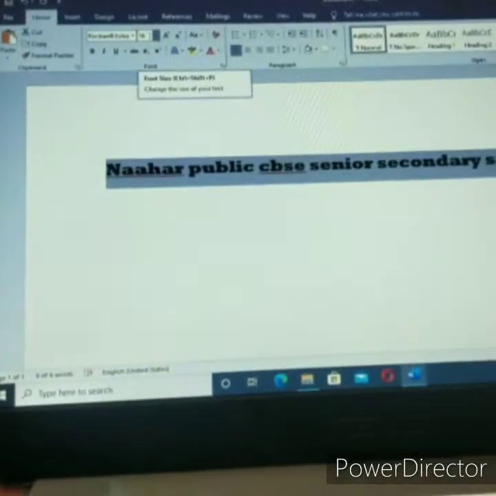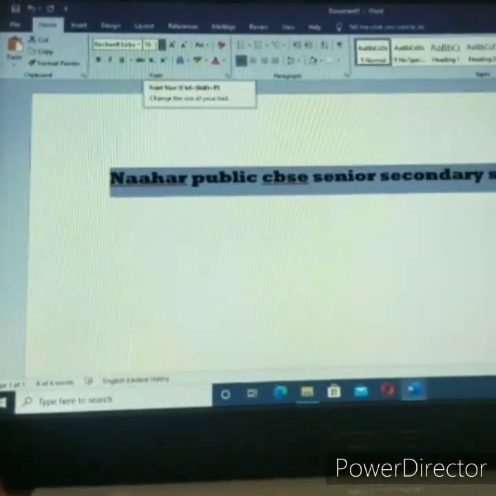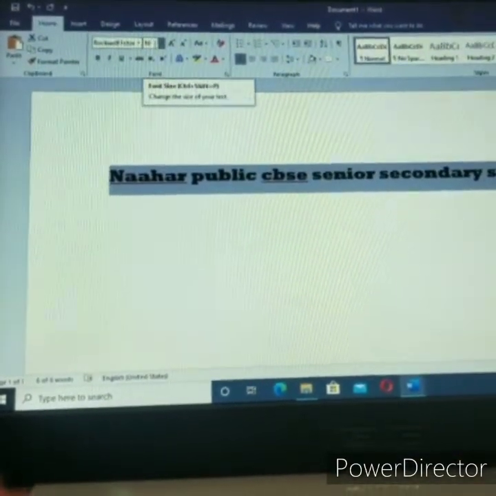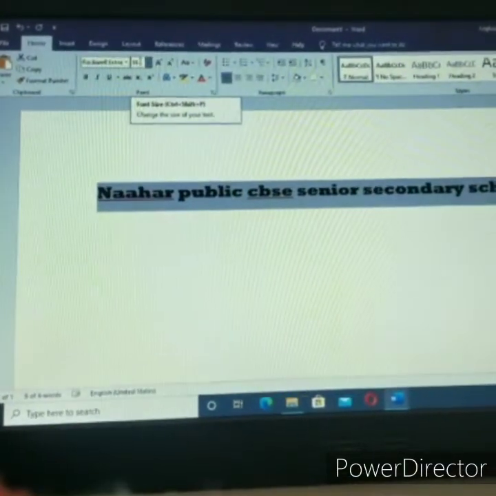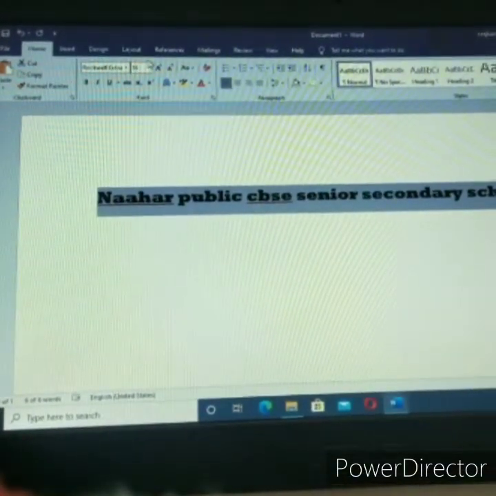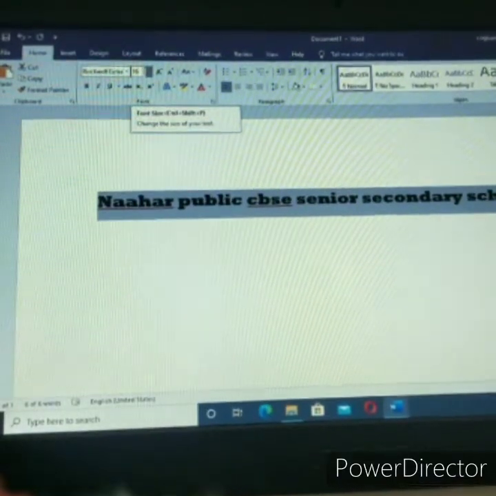If you want to change the font size with the help of shortcuts, what will you give? Note it down.